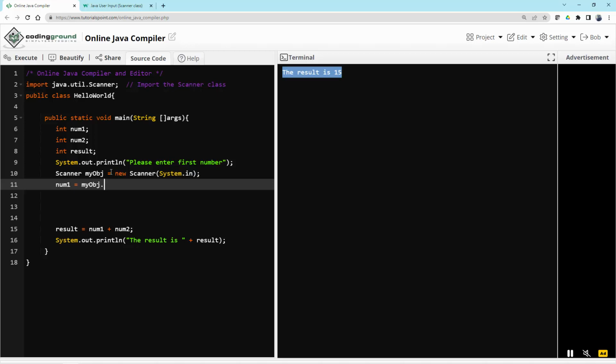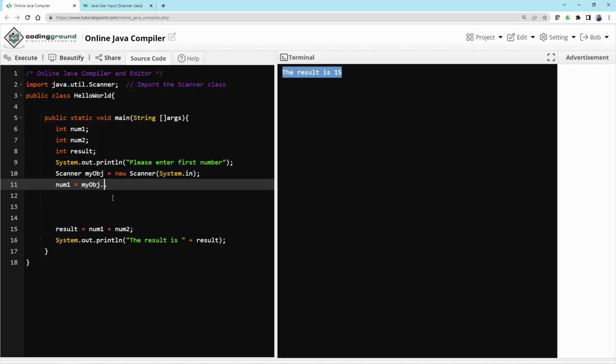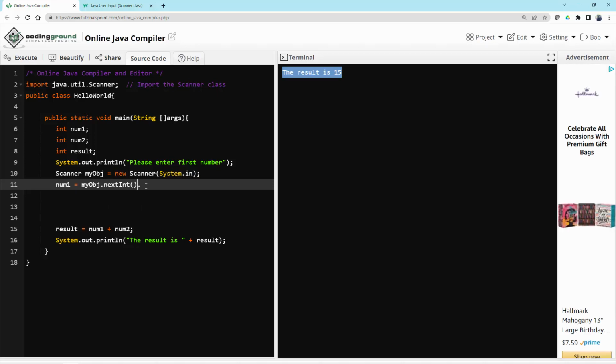Remember, you're not that far into Java programming now, so a lot of this stuff is going to be explained in a little bit more depth as you get into it, because each one of these things is worth its own lecture. So on line 11, what I'm going to do is get nextInt, which means that I'm going to type in a number and